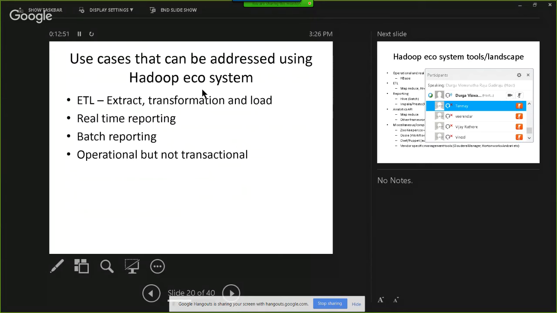reporting. Batch reporting. So, for example, let's say you are all customers of Flipkart, and you want to get something like a newsletter once a month about your expenses. They don't need to provide access to an interface to you. They just have to blast an email with a report which you might be interested in. And that happens with many companies.